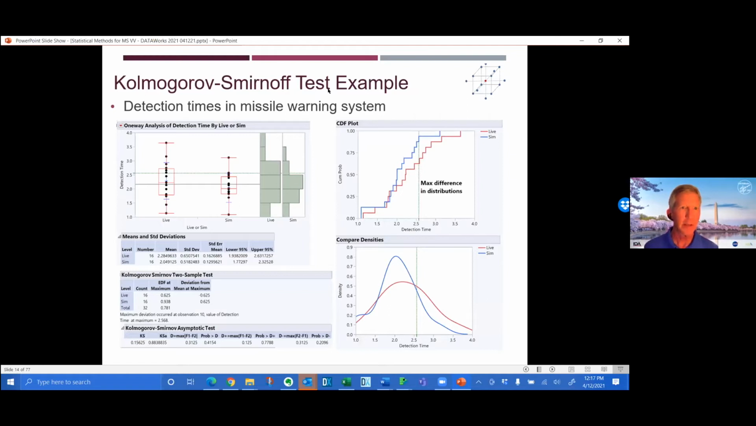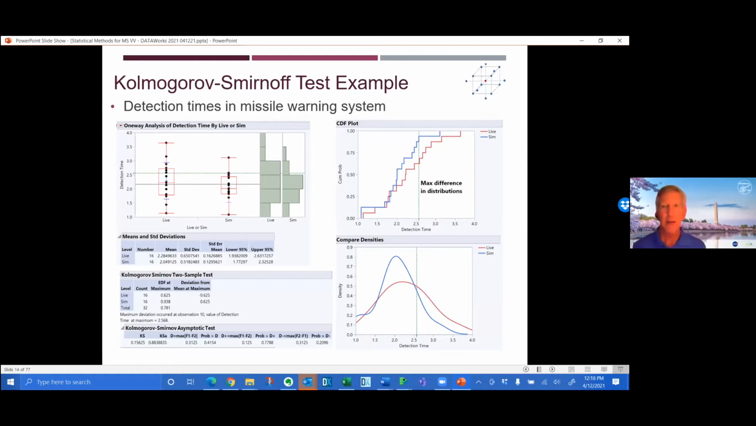And just another example came from JUMP here in terms of detection times of a missile warning system. And I really like the CDF plot. The compare density is not too bad. They look sort of the same, but sort of different as well. But if the lines are sort of coincident on the CDF plot, that's an argument for